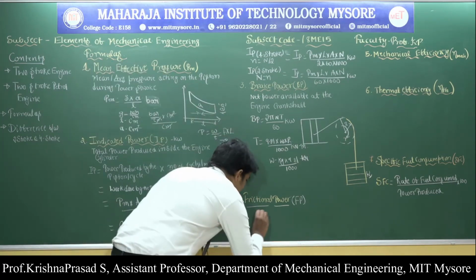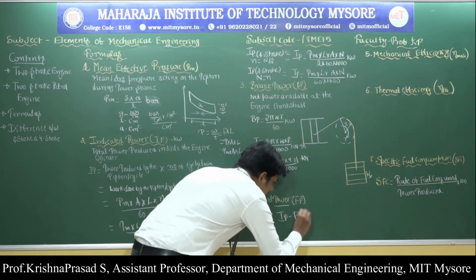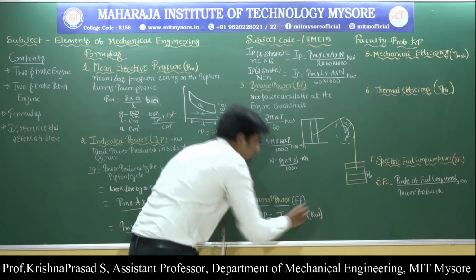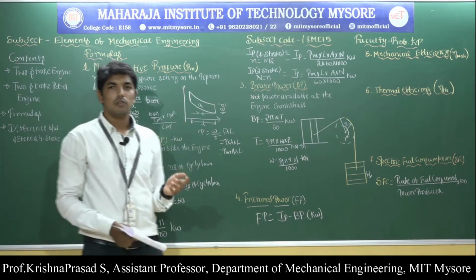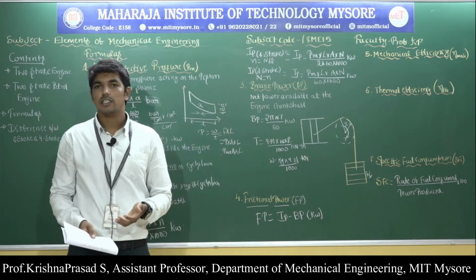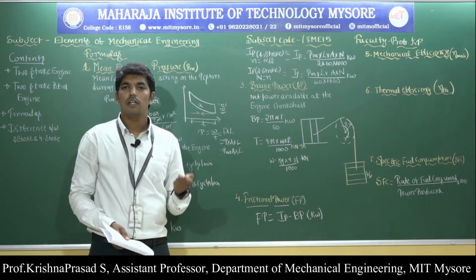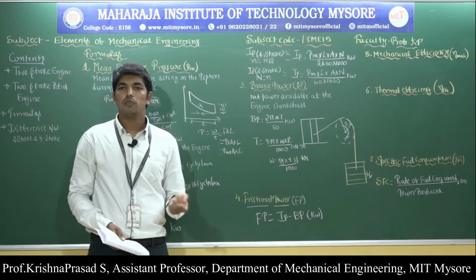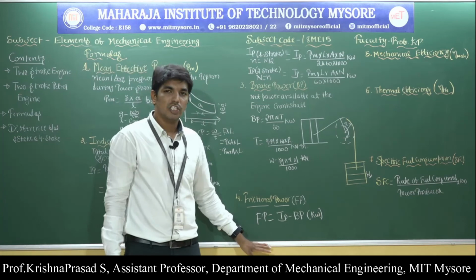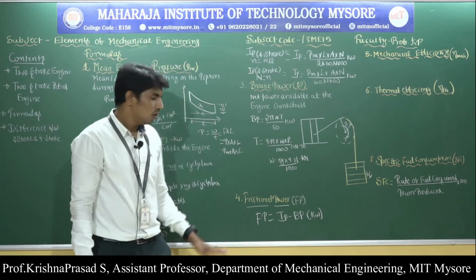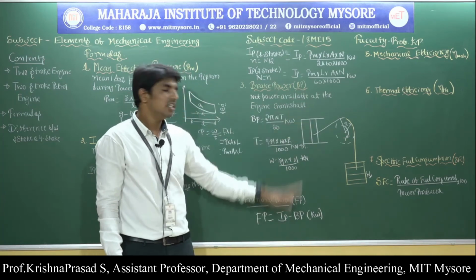Frictional power is nothing but the difference between indicated power minus brake power, that is also in terms of kilowatt. We all know that whatever the power developed due to the combustion of the fuel is going to transfer to the engine crankshaft. But here some of the movable components like piston, crankshaft, connecting rod are available. So due to the friction between these moving parts, the power is going to be lost, and that is called the frictional power. The frictional power is nothing but total power developed inside the engine cylinder minus net power available at the engine crankshaft.